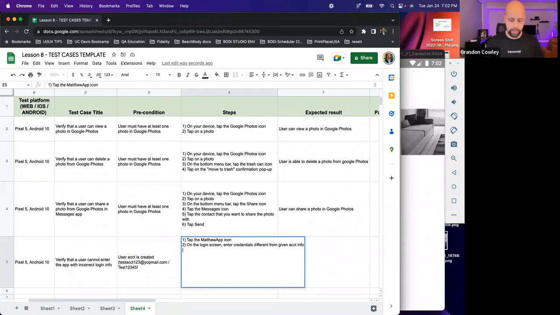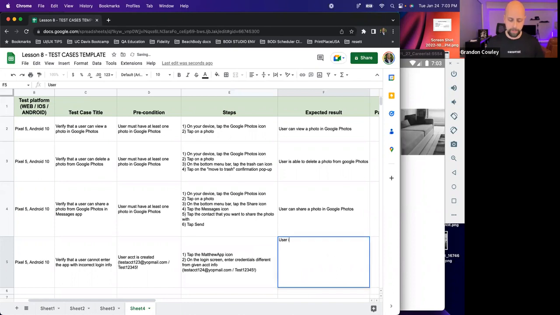So I would say like test account 124 at yotmail.com, and then test. So something like that. Give incorrect information here, and then expected results: user is given a denial prompt. Wow.